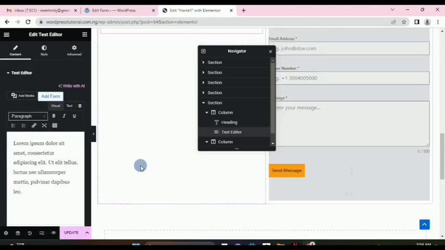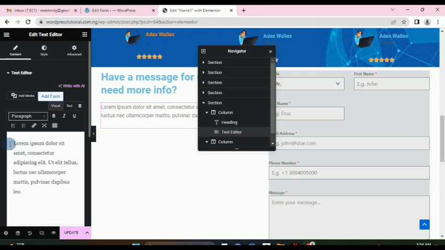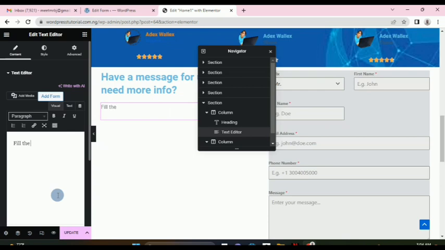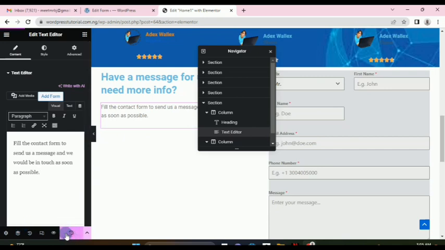So you can have this like this and say, fill the contact form to send us a message, and we would be in touch as soon as possible. Okay, so something like that. And we update,